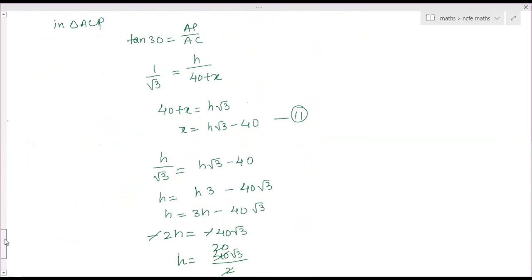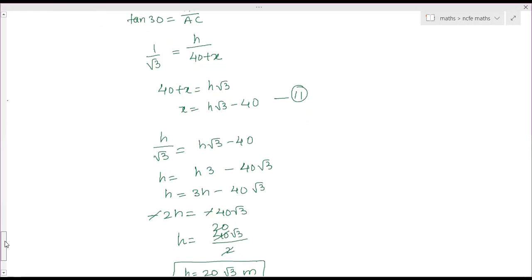Wherever the hypotenuse is given and you have to calculate either the height or any distance, then you use the sine or cos value. So you are using either sine value, cos value, or most importantly tan value. Most places we are using the tan ratio only.